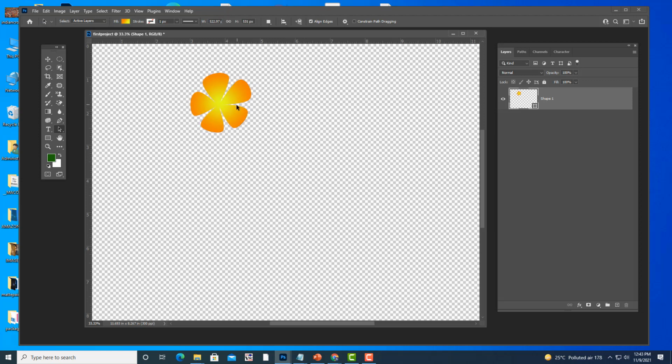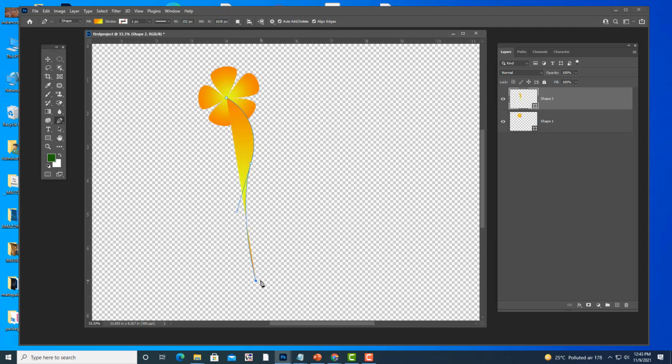Next we will add a stem to this. So how to add a stem? To add a stem, I am not taking any reference this time. I will create a stem completely with my imagination. So I am going to start at this point. Just drag. So we can actually create a stem like this.